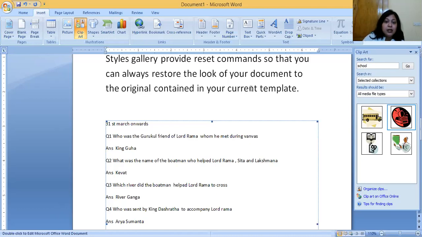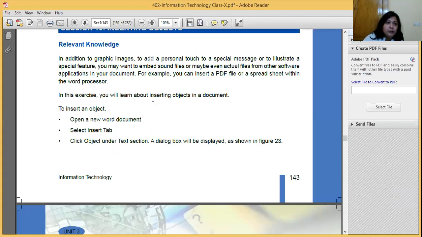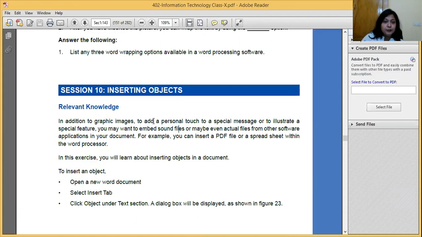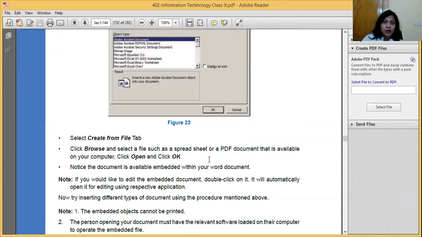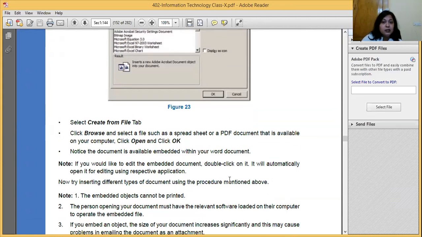See, there are two ways in which we can insert an object. One is as a link, other is without a link.